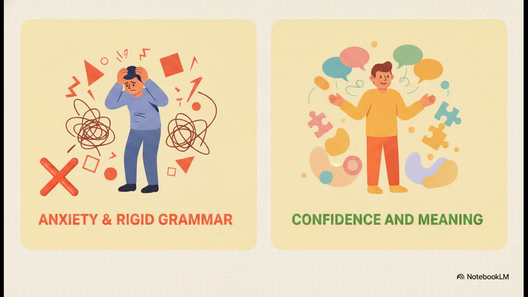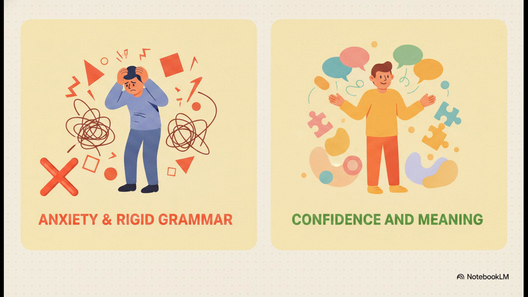There is a huge tension between these two approaches. Traditional accuracy focuses really heavily on grammar manipulation and constant correction. But think about an adult learner for a second. They probably already carry some deep professional insecurities about their language skills. Constant correction shoots their anxiety through the roof. It can absolutely destroy their willingness to speak at all.